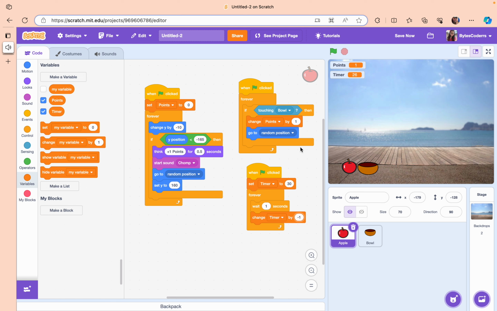So that's perfect. But what will happen if it becomes 0? So it will go on decreasing, right? I mean, forever, it will keep on decreasing. But we don't really want that. So what we want is,